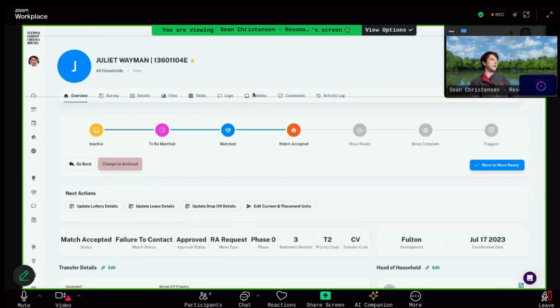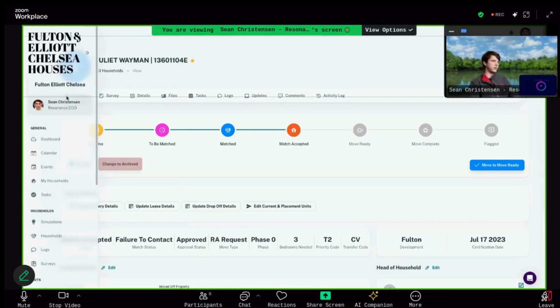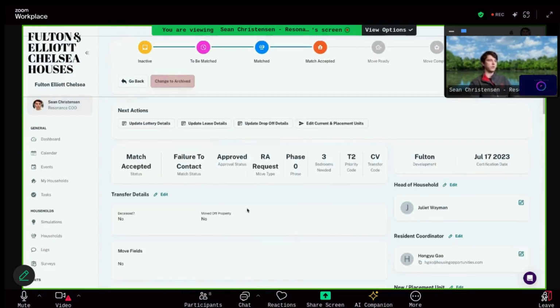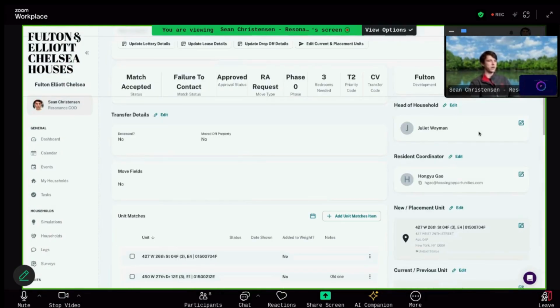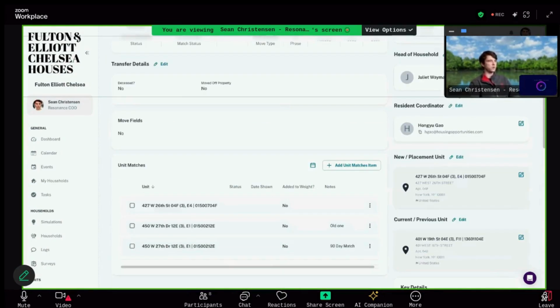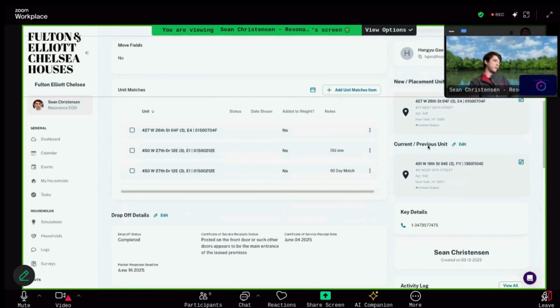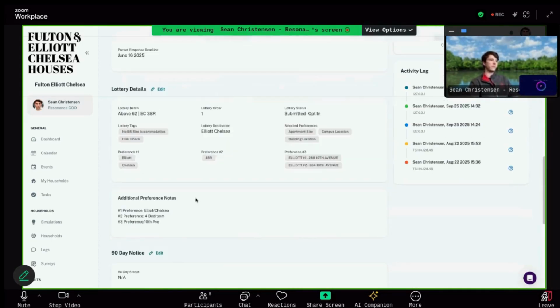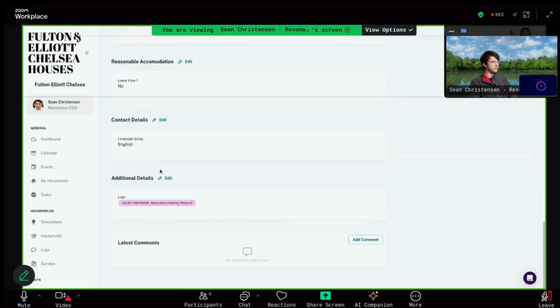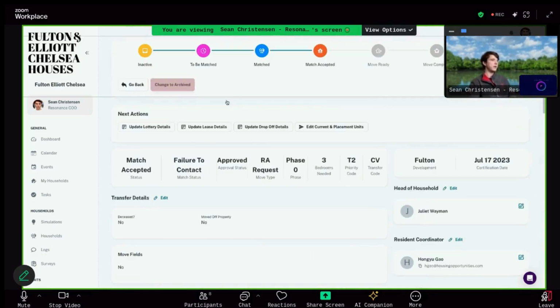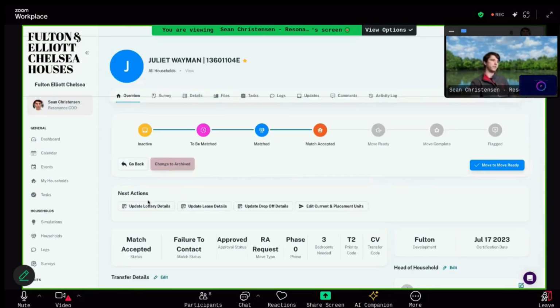The Wayman household. With our UI, we try to make something very user-friendly to summarize data and call out people, like who's the head of household, is there a particular resident coordinator assigned to this household? Have we tried to match them to particular units temporarily, or are we trying to move them? Where do they currently live? Where are they going to move temporarily? Again, we're tracking a lot of information, and we do this in an effective way, and we try to make it very easy to update information, right? If you're somebody coming in on your team who wants to update information, they can do that very quickly